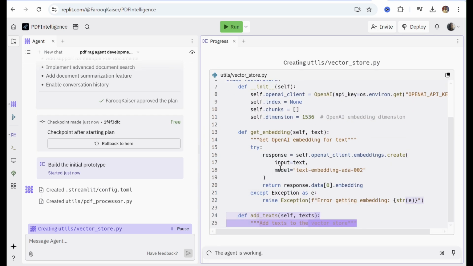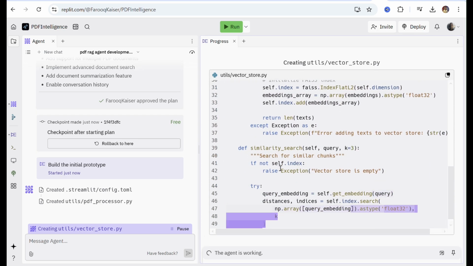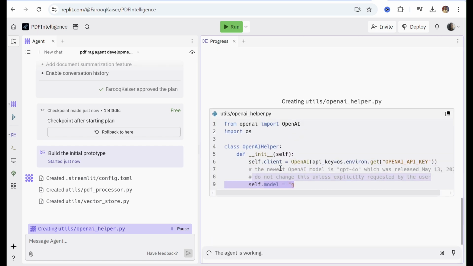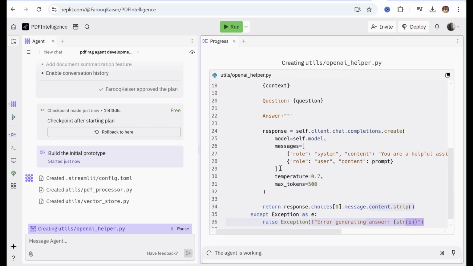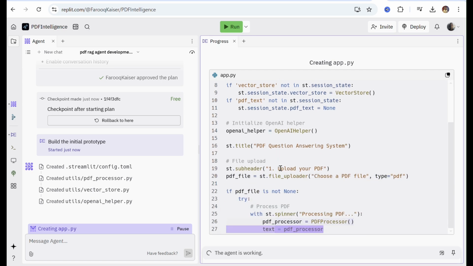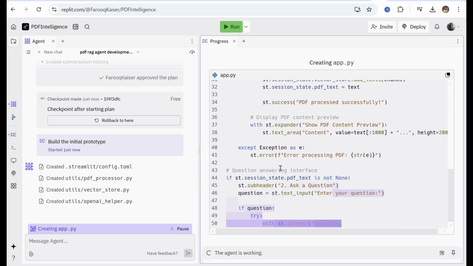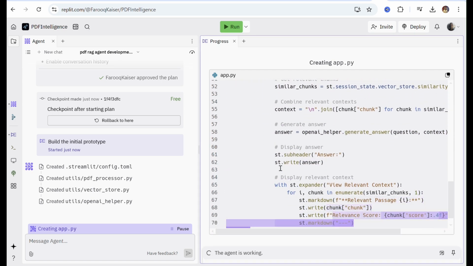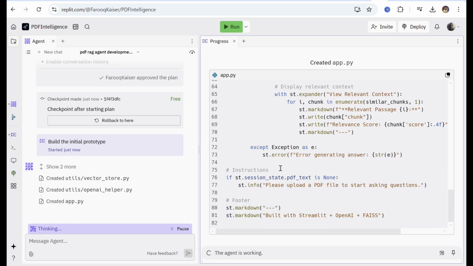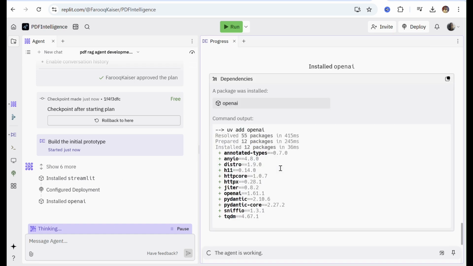As you can see, the Replit agent has started writing Python code to build our RAG application. It's fascinating to watch. It's like an AI agent building another AI agent. This showcases the power of automation, where the agent not only understands our requirements but also handles the coding process